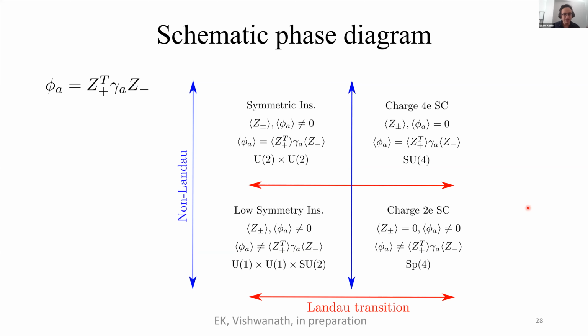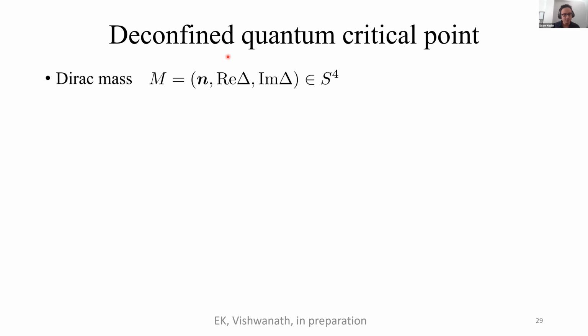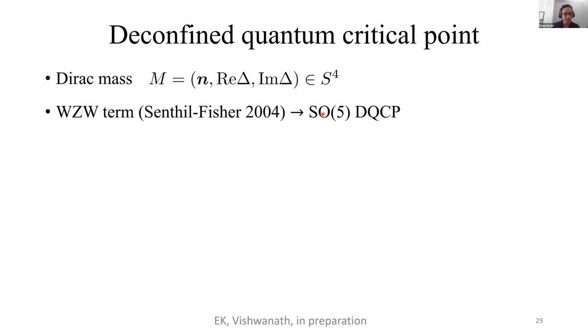Usually the way to understand it is to combine the order parameter of the insulator and the superconductor in a single object. This would be a 5-component object. And consider some Dirac theory. So in this Dirac theory, these both would act as a mass, and essentially they both enter in the same way. So we have this mass that corresponds to a 5-component vector, which means it lives on the S4. And what indicates that we have a deconfined quantum critical point is the existence of a certain type of topological term, a Wess-Zumino-Witten term. This indicates that the only way we can get an SO5 symmetric theory is if it is gapless.